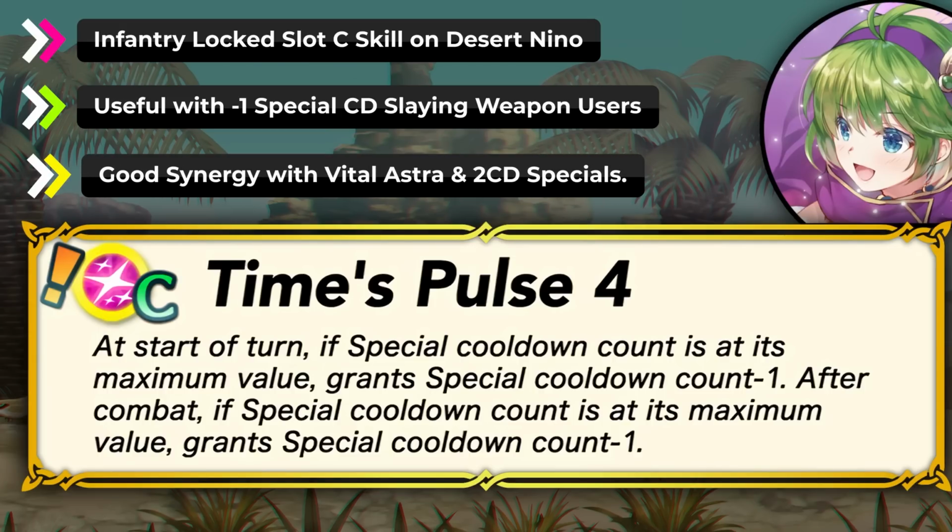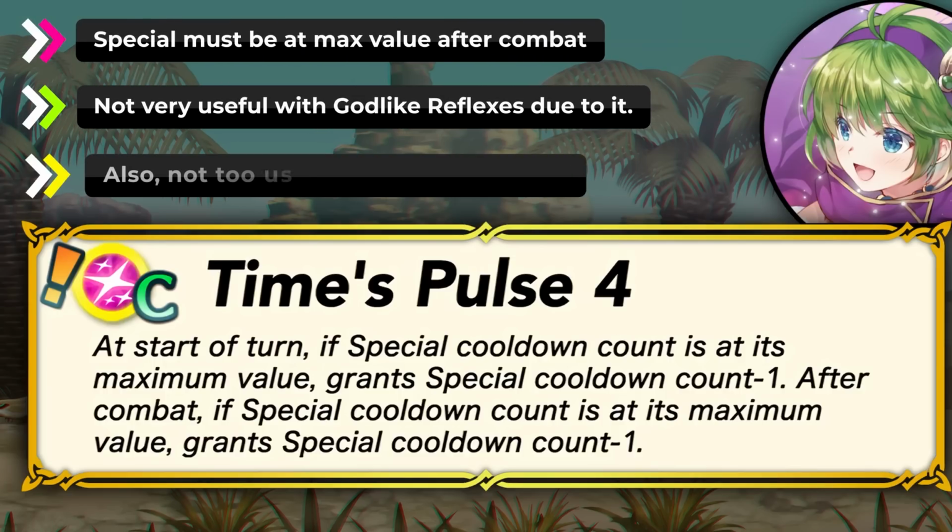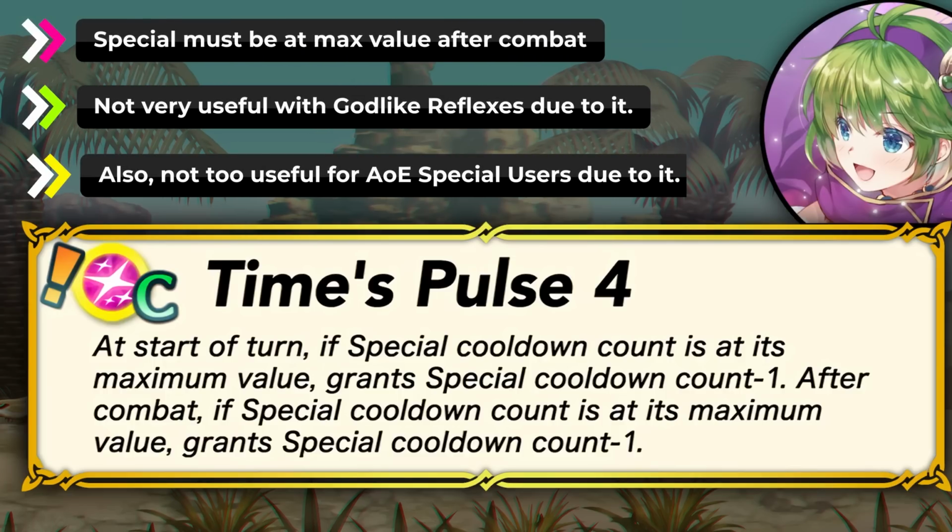Time Pulse 4 basically still retains the original Time Pulse effect, but now after the combat, if the special cooldown count is at maximum value, then you get -1 special cooldown. So it could be considered like a mini special spiral in a way, but one condition is that the special cooldown count must be at the maximum value to get the -1 special cooldown after the combat. So that is the one condition that you have to keep in mind with its wording, and it pretty much